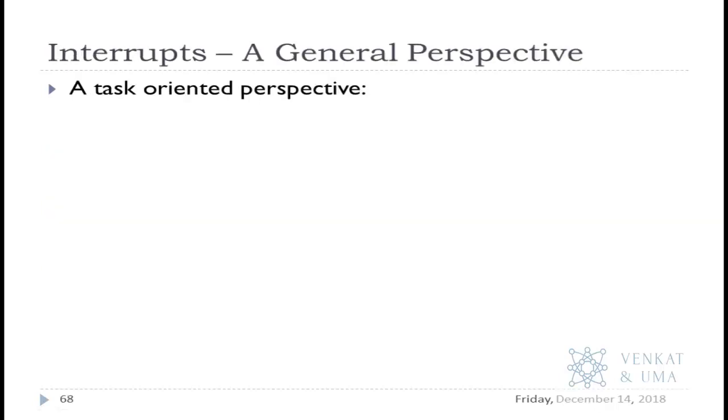Now before we go into this, I want to give you a general perspective of what an interrupt is and how to compare the interrupt scenario with the polling scenario. For this, I'm going to give you two scenarios so that you will be able to visualize what is an interrupt and what is a polling, and you will be able to decide better which one carries more weightage or